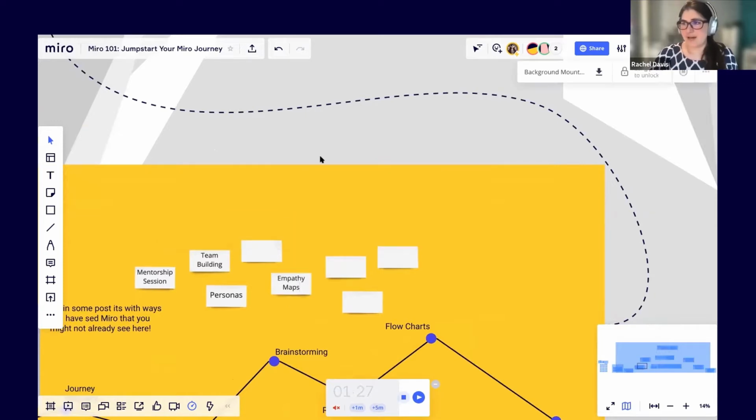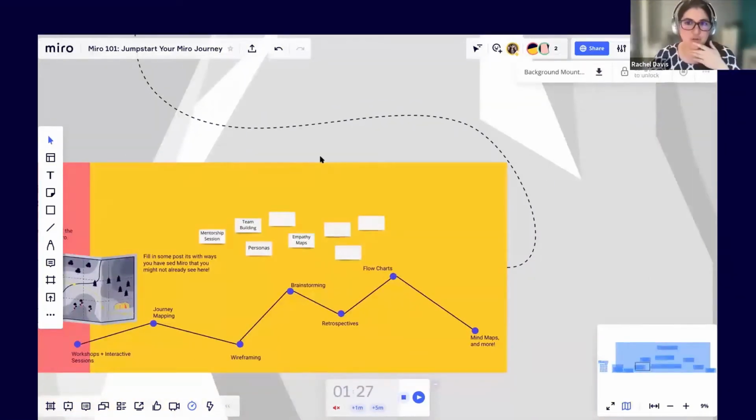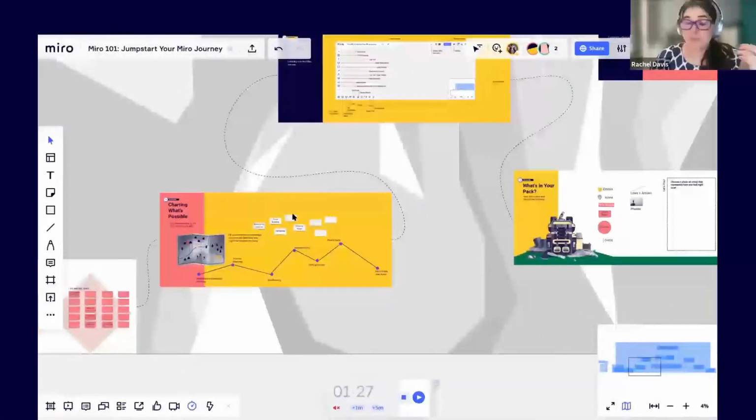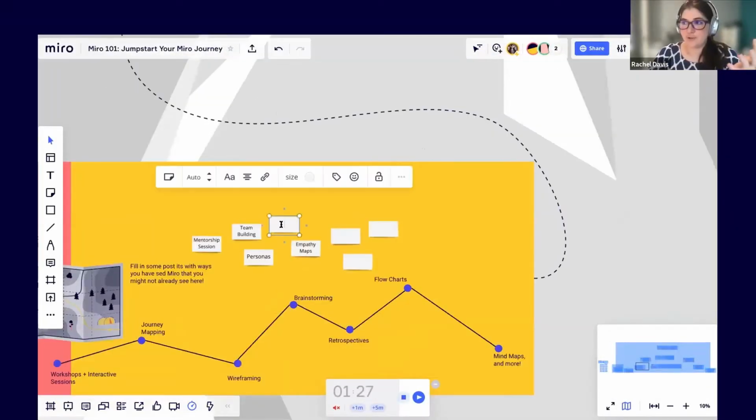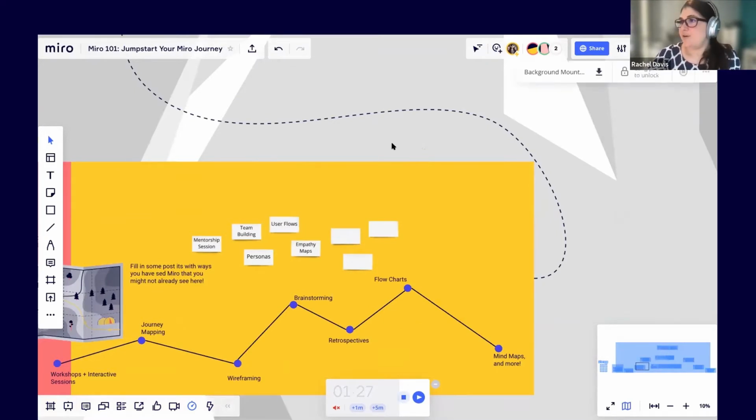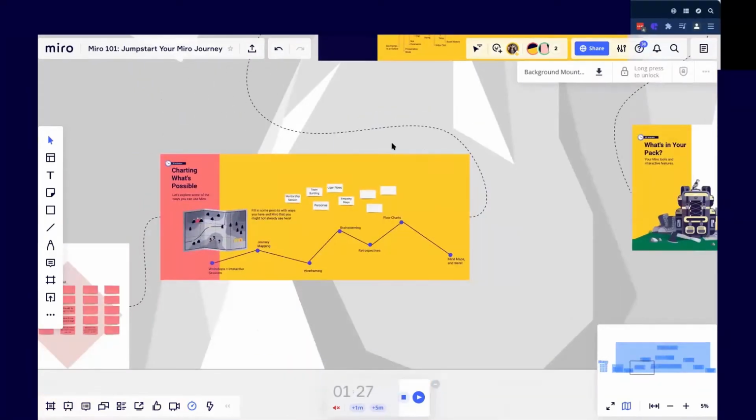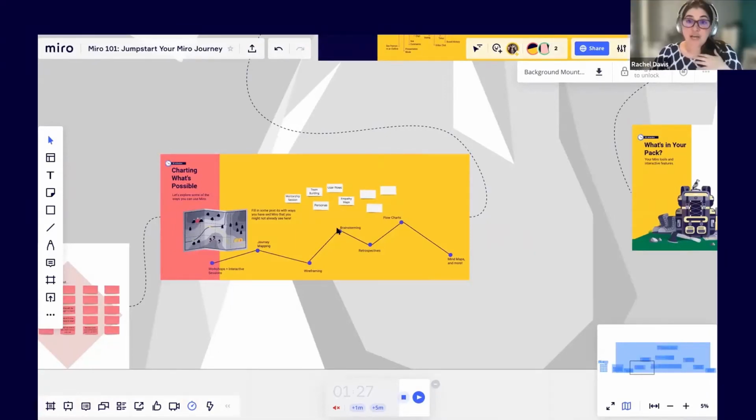You know, there's a lot of different ways to use it for user experience and prepping for UX research, all those kind of things. User flows is another really great one, Christy. All right, how do you use this for retrospectives? So there's actually some really great retrospective templates, and I can direct you to some of those.